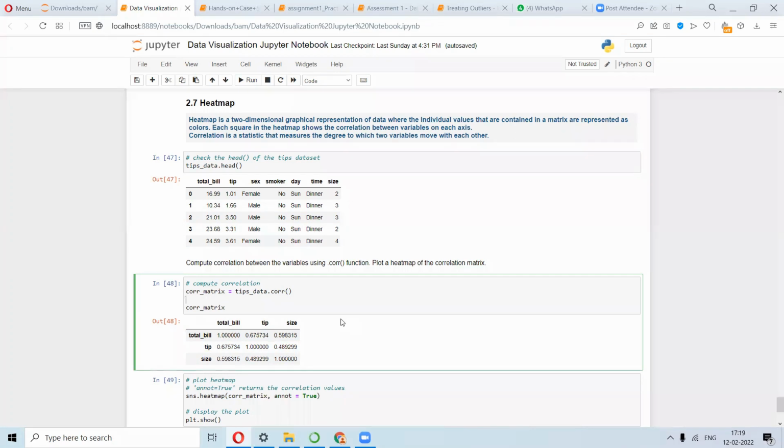Of course, this varies from study to study, or field to field. But for the restaurant business, 0.67 is a fairly good correlation, so you can refer to this as a strong correlation. Even for size there is a positive correlation, of course, but not as strong as for tip and total bill. Other than that, nothing much. Tip and size is not a significantly strong correlation that you can claim.